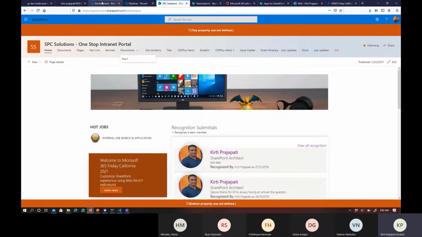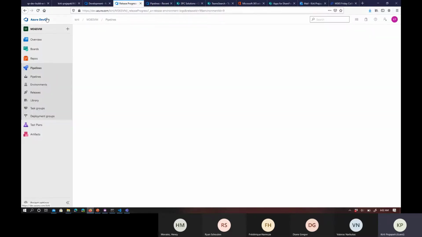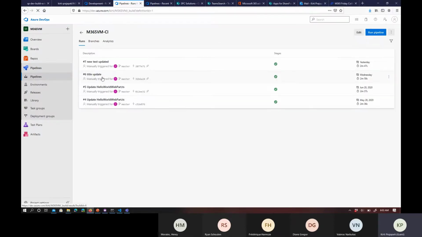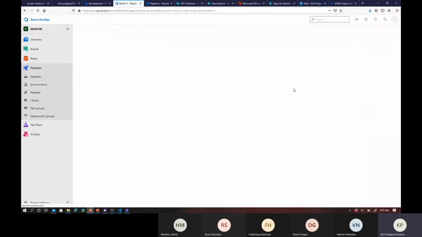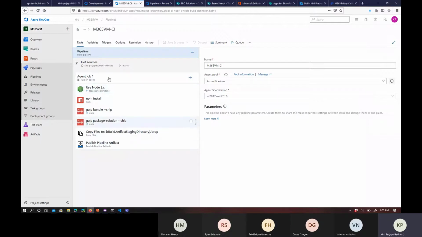So let's jump into this pipeline first. So here you can see I have created a couple of pipelines, let me explain. First you need to log in to Azure DevOps. I'm not going into the basic steps. I assume that you know how to create a project in Azure DevOps and use the repos. So first we need to create the pipeline. I have just created this one, and if you click on edit, then here we need to define what steps you want to perform, right?